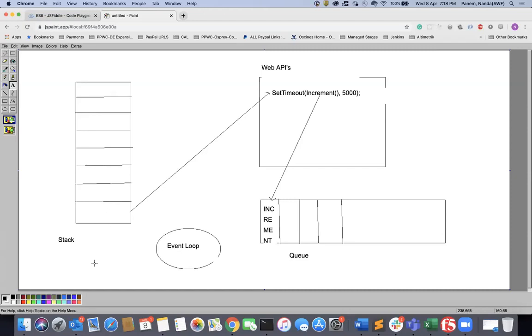Whenever the stack is empty, the event loop will take the event from the queue to the stack.